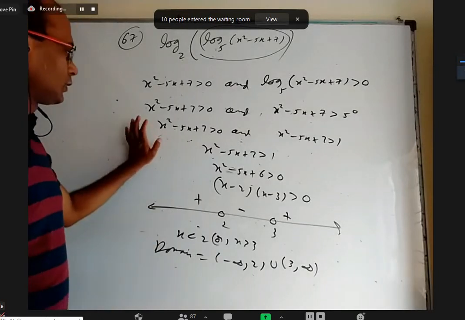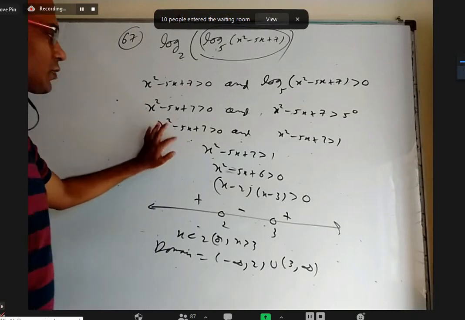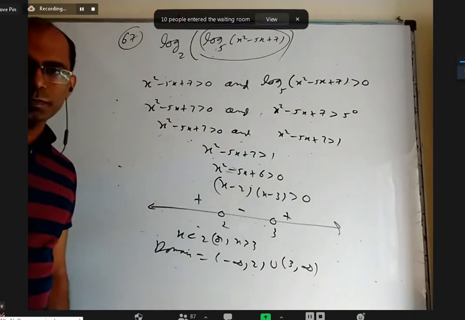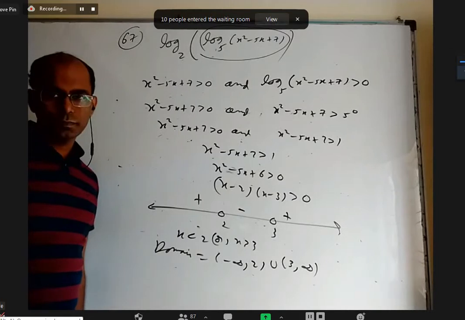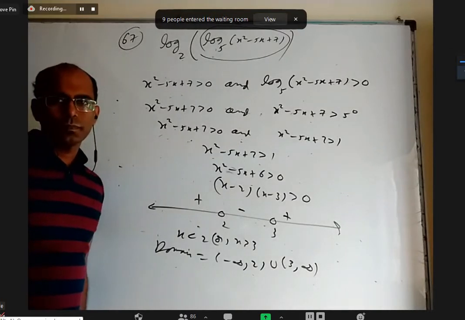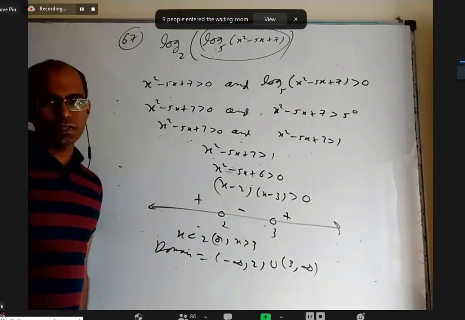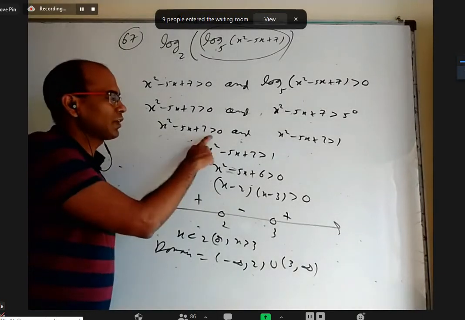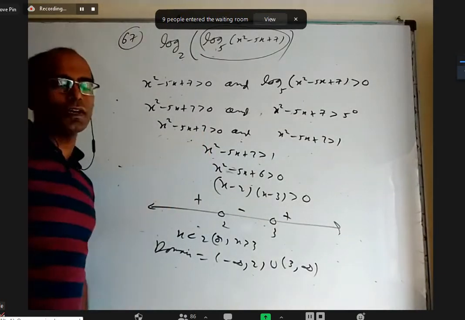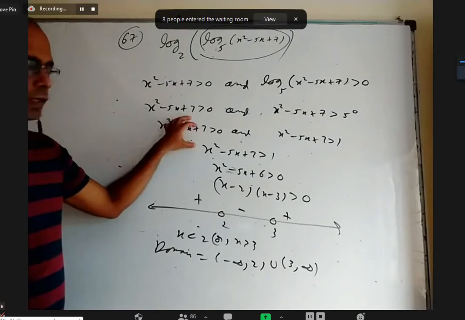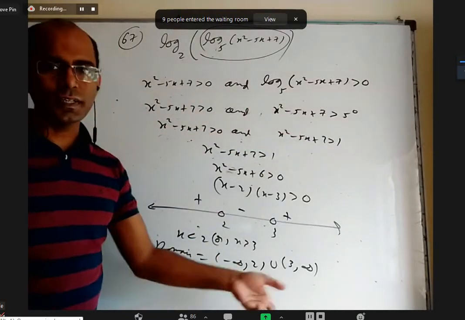Complex. When the leading coefficient is positive and b square minus 4ac is less than 0, what will you conclude for a quadratic expression? Expression is greater than 0, always, for all values of x. So if you want to know for which values it is greater than 0, it is for all values of x. So here you will get x belongs to R. When you take the intersection, again it is this one.